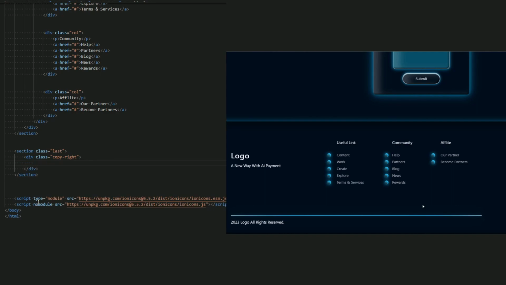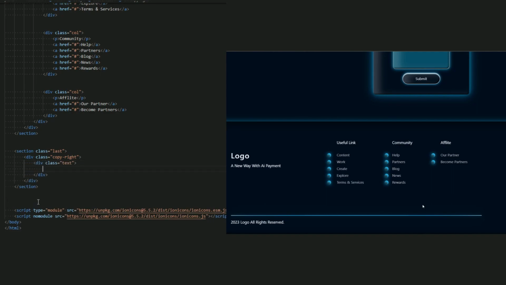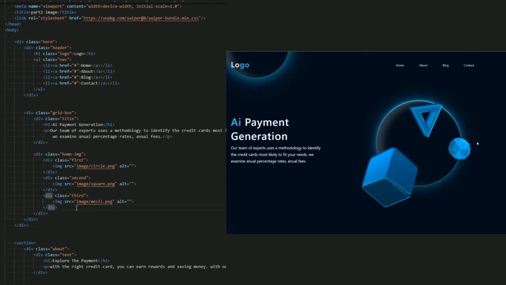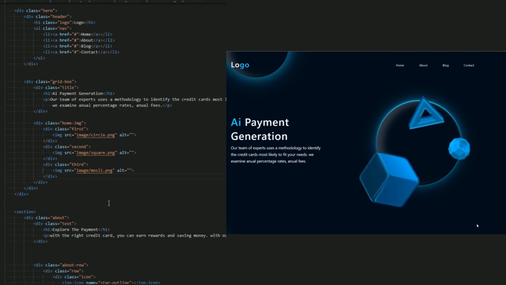Now inside the copyright, add the text and name it logo, all rights reserved. Okay, good. This is our HTML, as you can see. Let me just check it. Oh, okay, now everything is set.